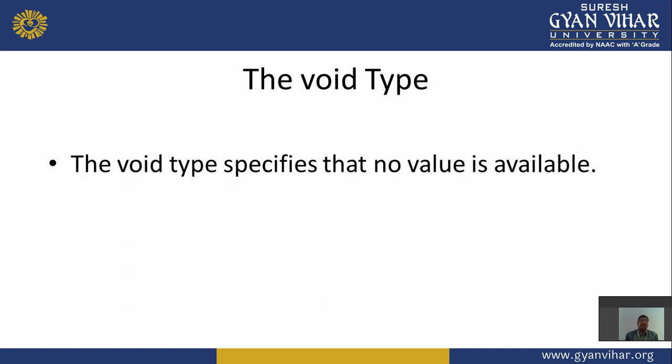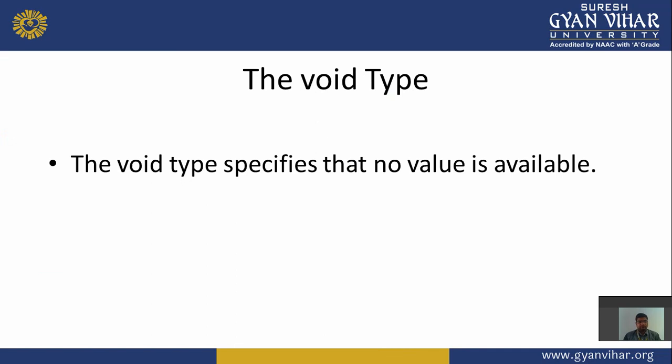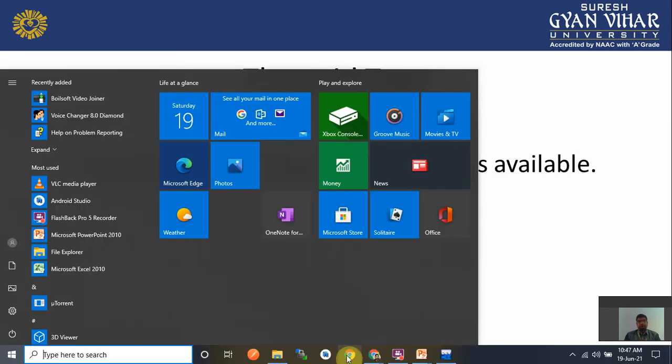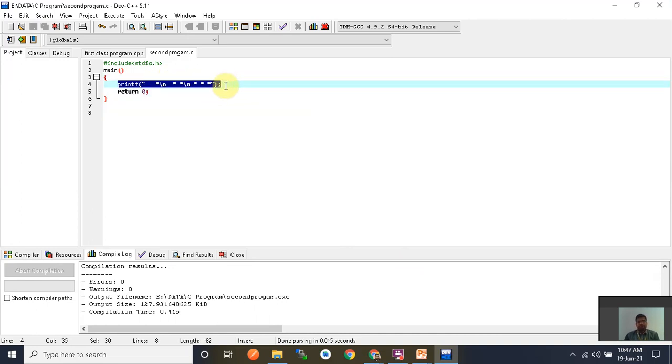Now I declare the data types in the program. Okay, I remove this printf, and for this we use an integer type variable. So first I write the data type of that variable.